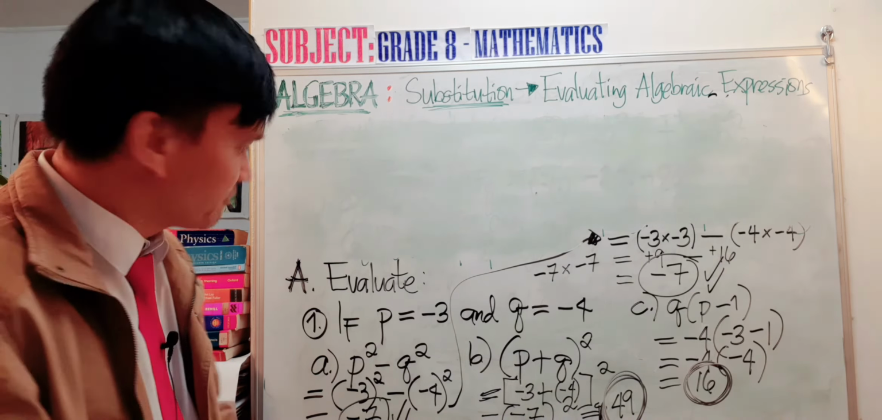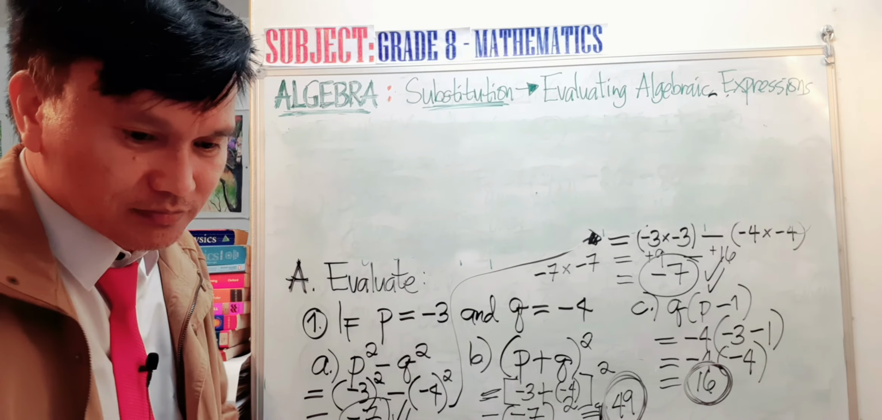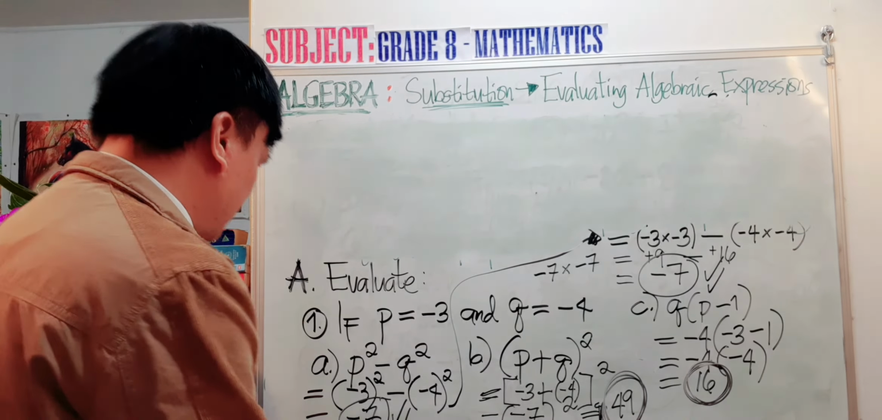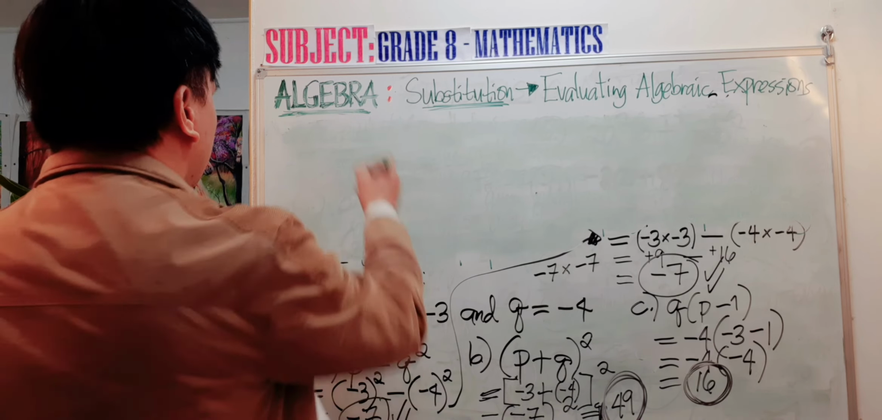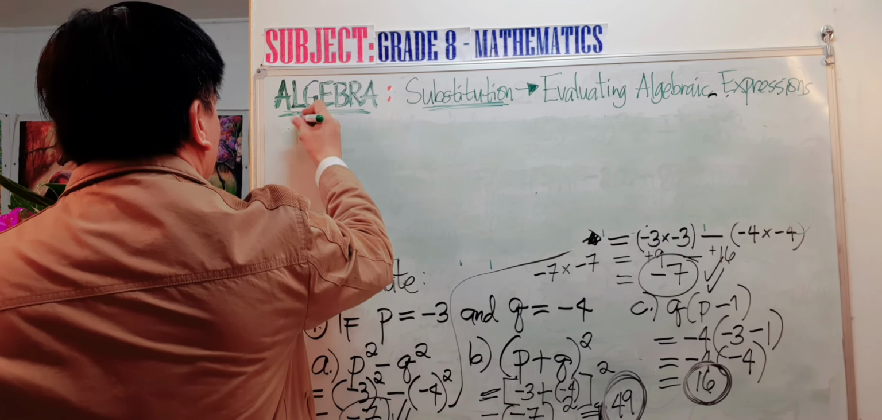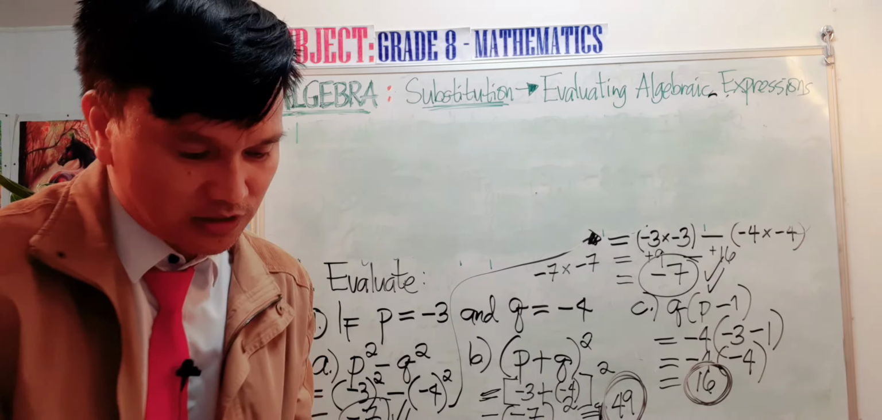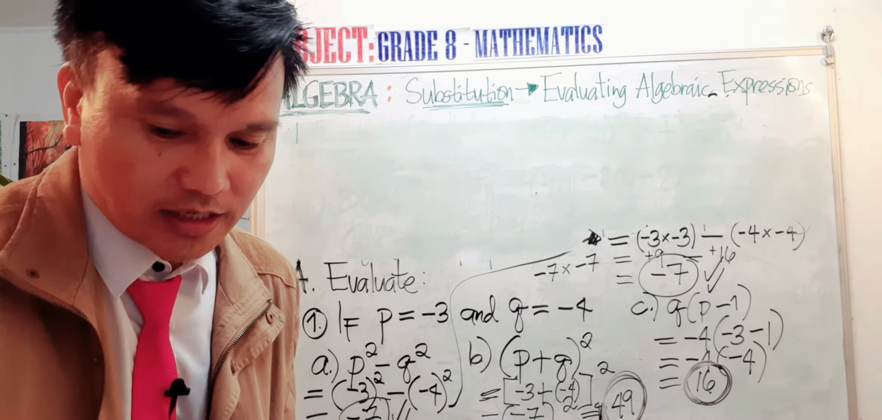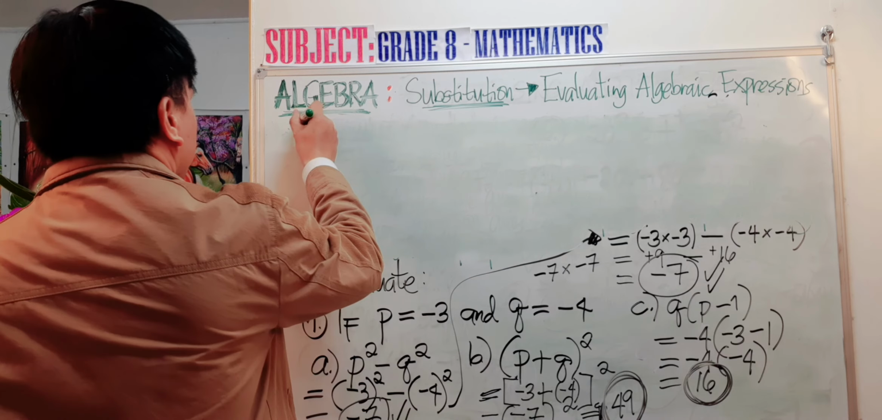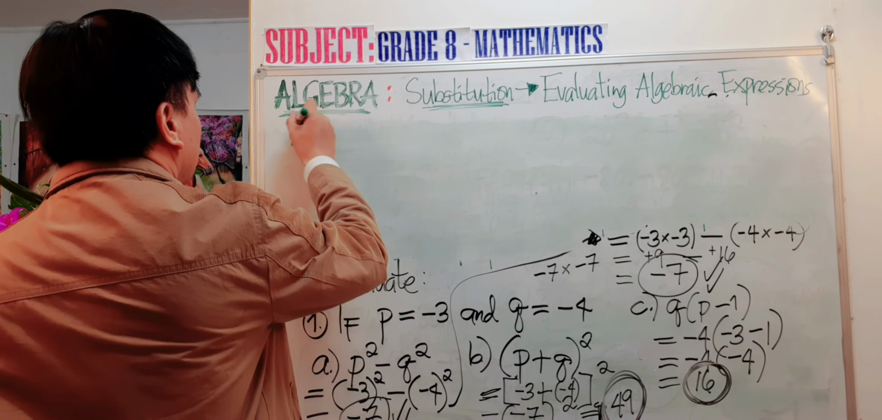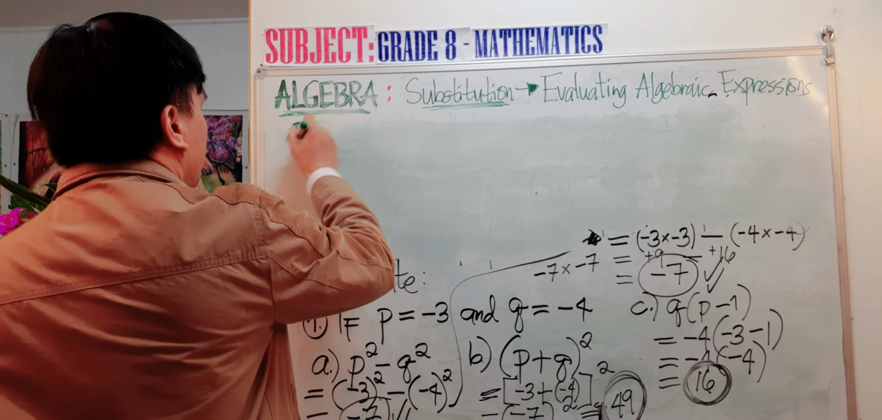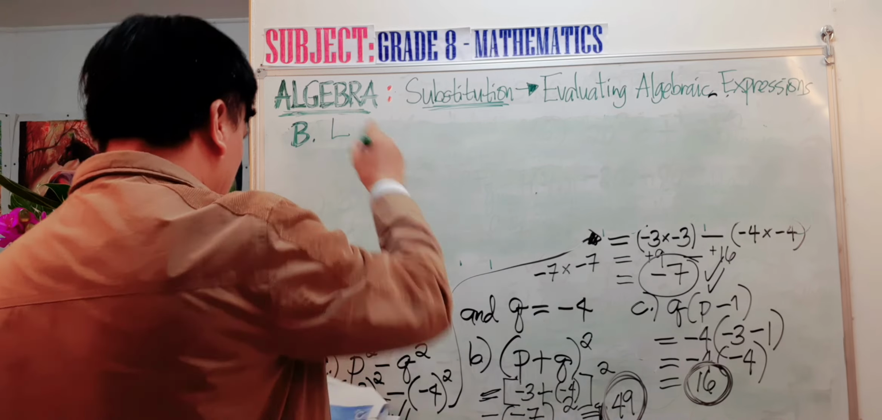Next now, let's have the second activity that I want to give you. All right. So we have, I will write it here, letter B. This one is not working. So, letter B, you are still